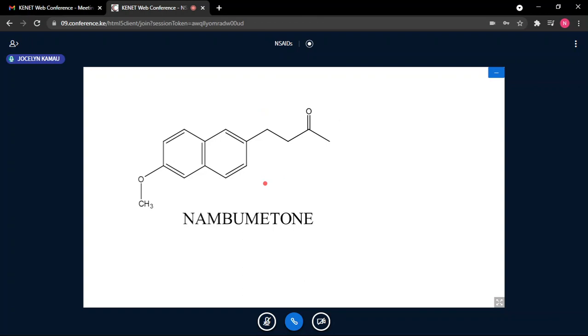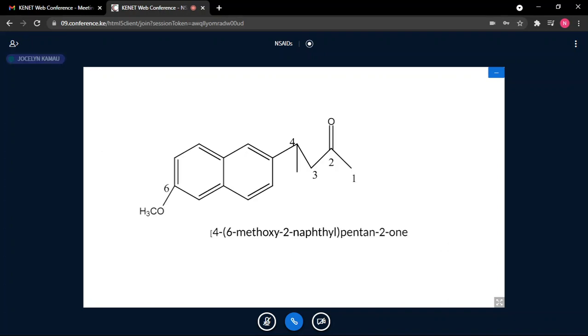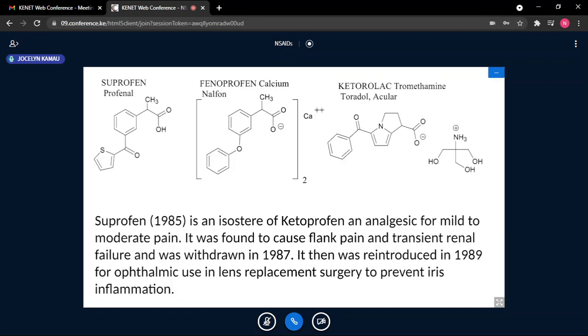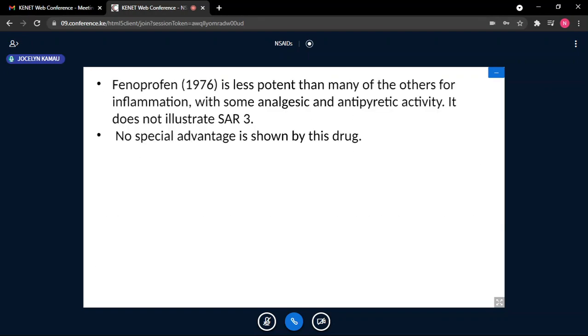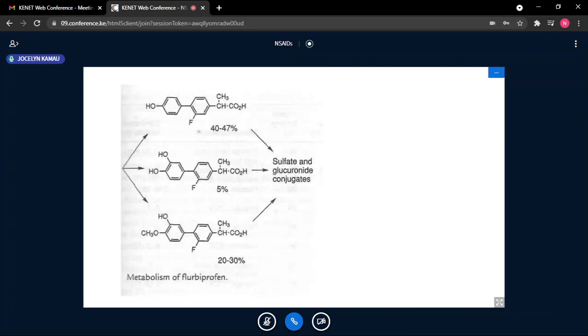But because of this structure, in the body it is acted on and cleaved or oxidized so that it gives a carboxylic acid on that carbon. But nabumetone, as we did mention, is non-acidic, but it is a prodrug. It does not have any activity. I don't know whether I have any of the other drugs. Fenoprofen, these are the same. That's the last one. Because you see the piroxicam, I'll discuss them under the next group.